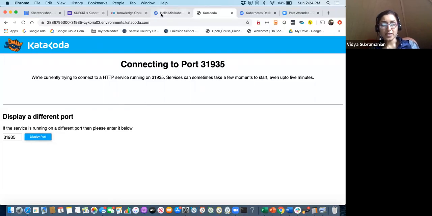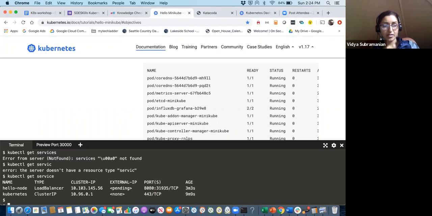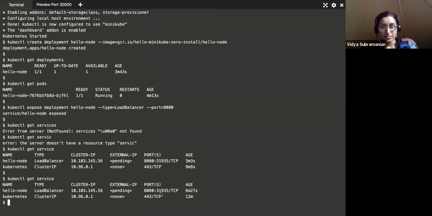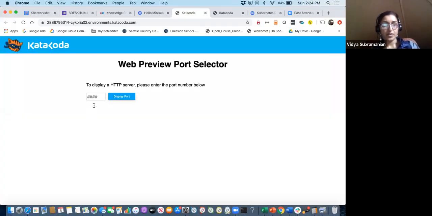I'm trying to display the port. Let's see if that works. So if you go back and look here, this 31935, that should have been already deployed.